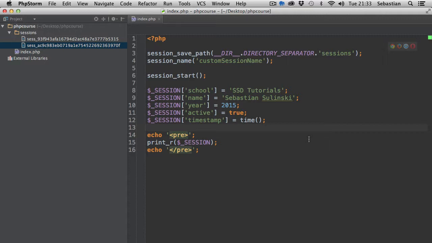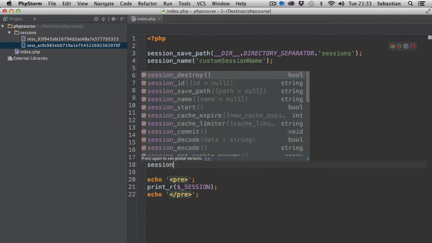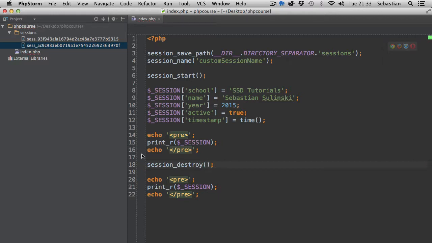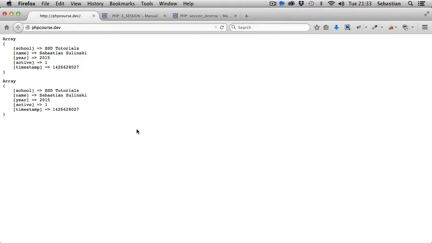Another interesting thing about session destroy is that if we use session destroy, let's say after defining, let's actually create this block here, and I'm going to duplicate all this, use session destroy, and then we see if after destroying the session we still get any data after this. If we go back to the browser, refresh, and there we go, it still stays here. As you can see, even though we called session destroy, this has been basically passed to the block after this